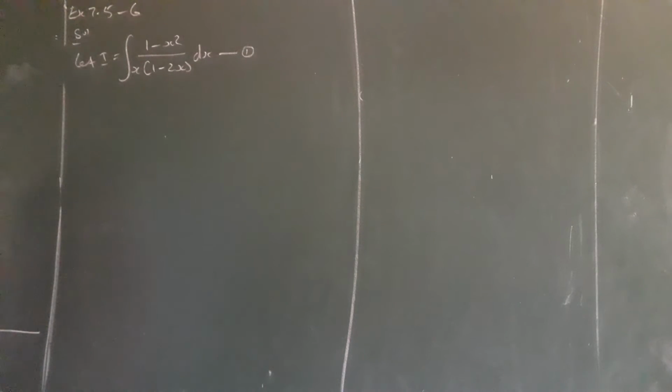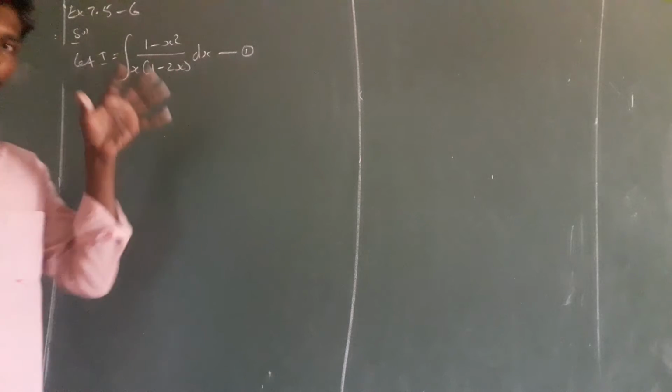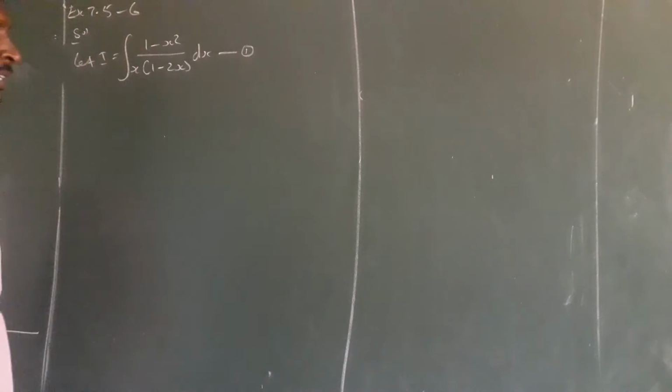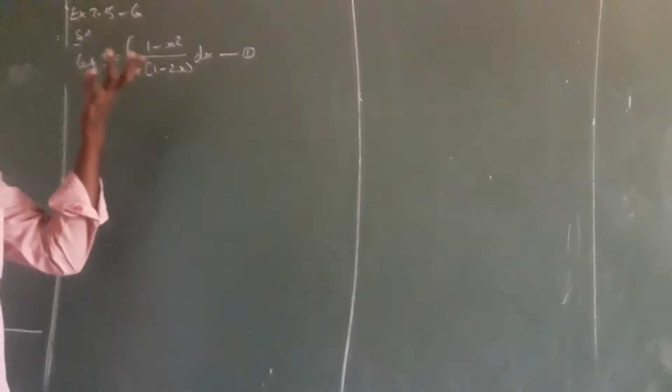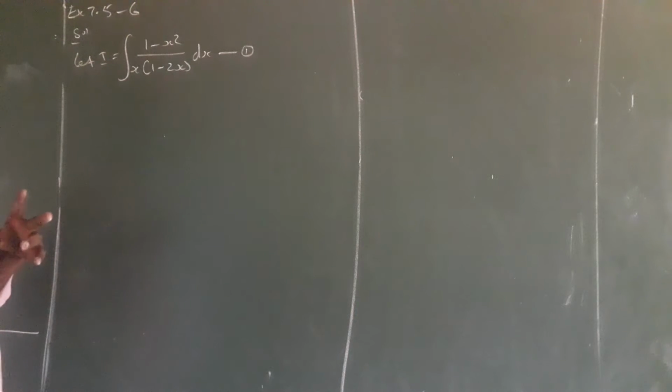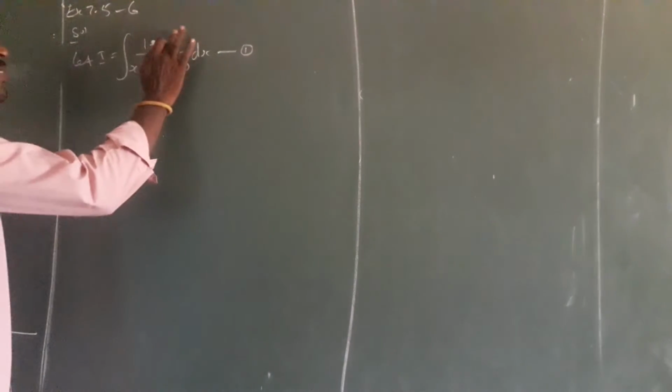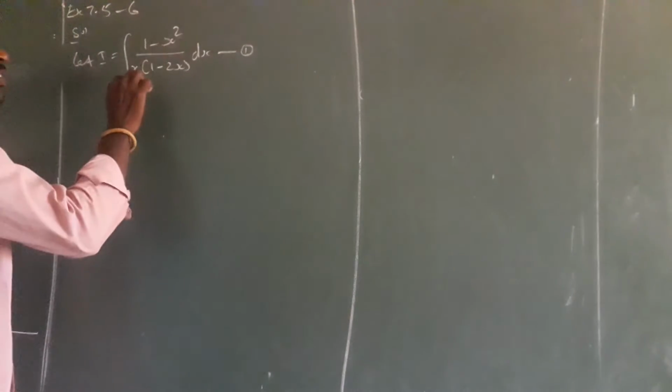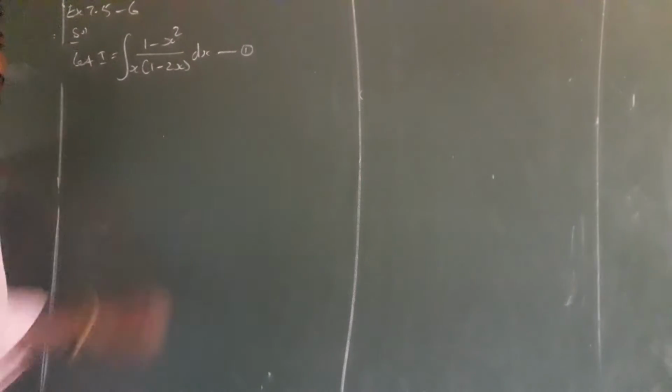Now we are going to integrate the given sum. Same, we have numerator and denominator, but what is the difference here? We have to think whether it is a proper fraction or an improper fraction. How to check that? See the degree of x. Here, the degree of x is 2. Here also, when multiplying x, 2x squared will come.